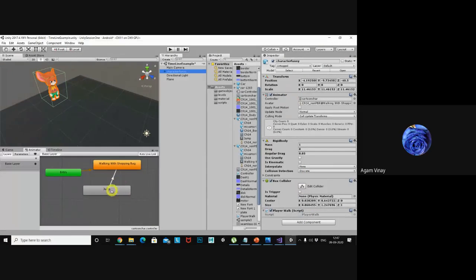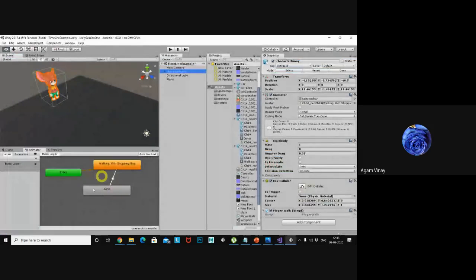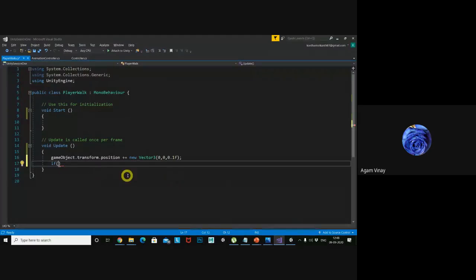In that I need to access the jump. Okay, so how can I play the jump animation based on the script? That means how can you switch from one animation to another animation for one character? Okay, now just a simple line of code. Okay, if I need to check whether input is given or not, GetKey.